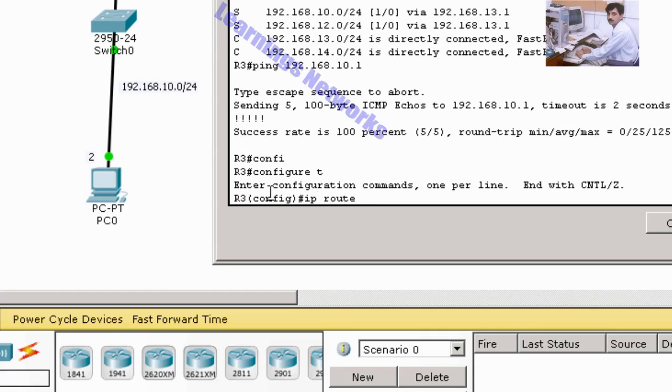IP route 192.168.11.0 255.255.255.0, next hop 192.168.13.1.